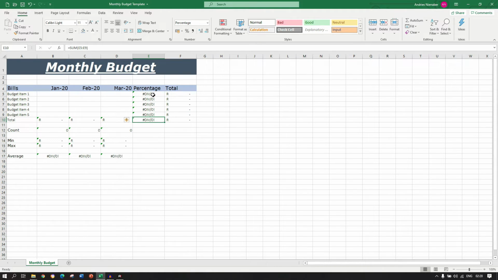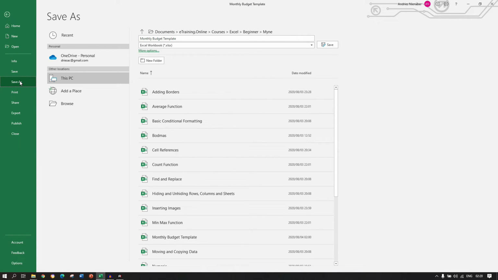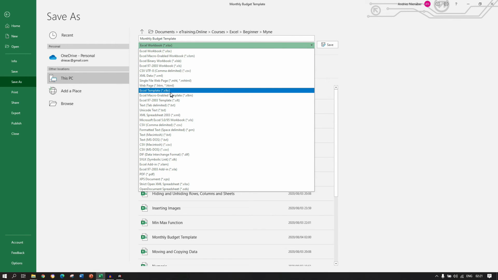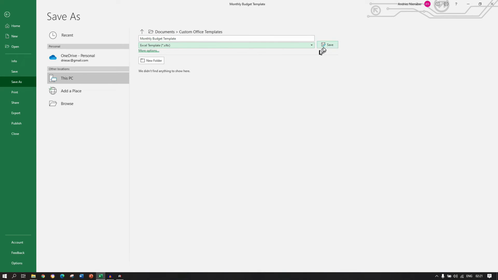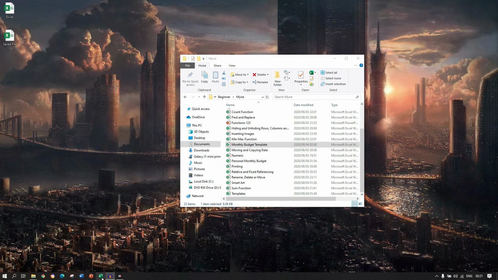Brilliant. Let's select cell A1, and now we're going to save our file. We go file, save as, and what we are actually going to be doing is, now at the documents, instead of our monthly budget template, we'll click on the drop down where it says Excel workbook.xlsx, and we will actually find the one that says Excel template, and that is an Excel .xltx. And then let's save our file. Then let's close Excel, and then let's open up Excel again,